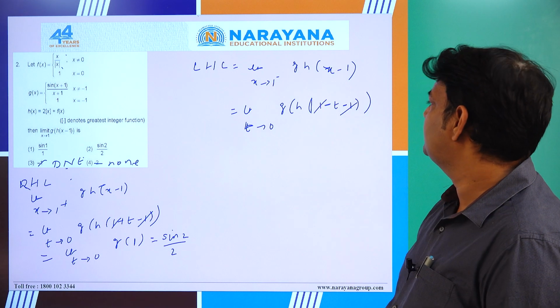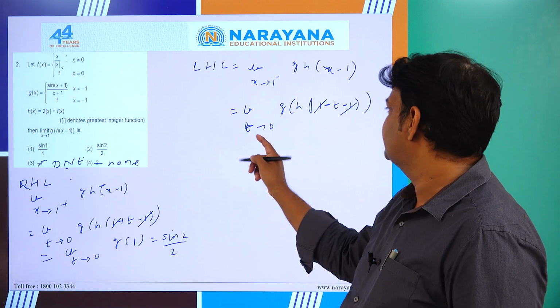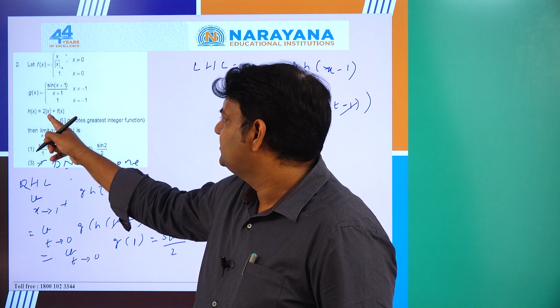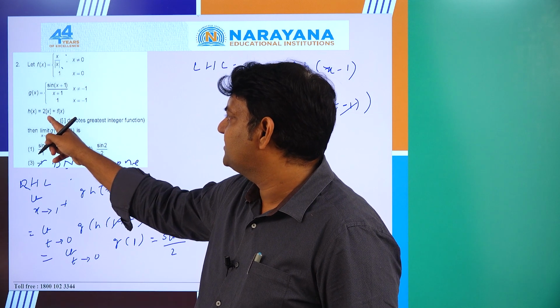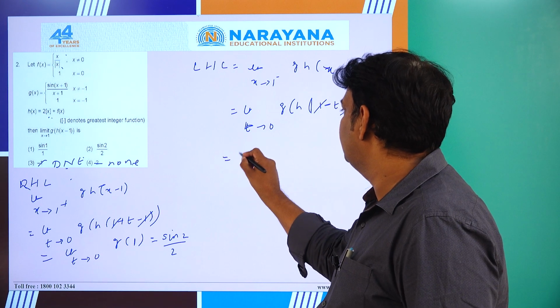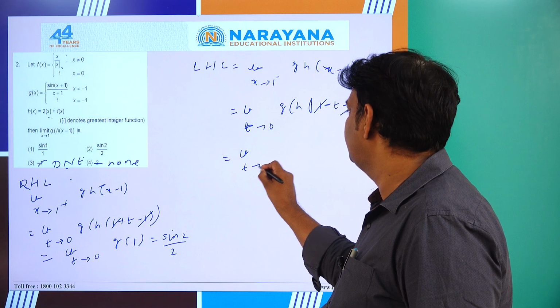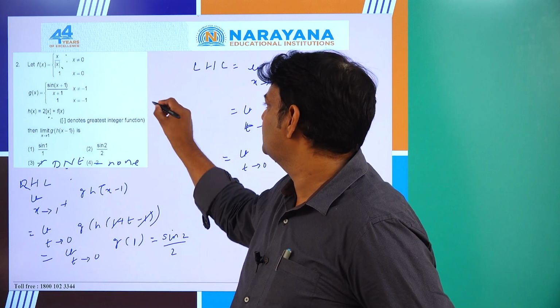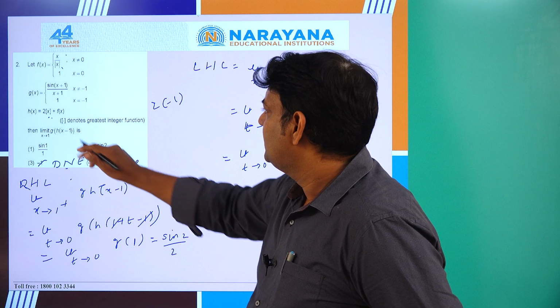This 1 and 1 got cancelled. So 0 minus, now this is negative. For negative, 0 minus greatest integer value of minus 1, this is minus 2. That is nothing but limit t tends to 0 g of, let us calculate this value, 0 minus, this is 2 into minus 1 and